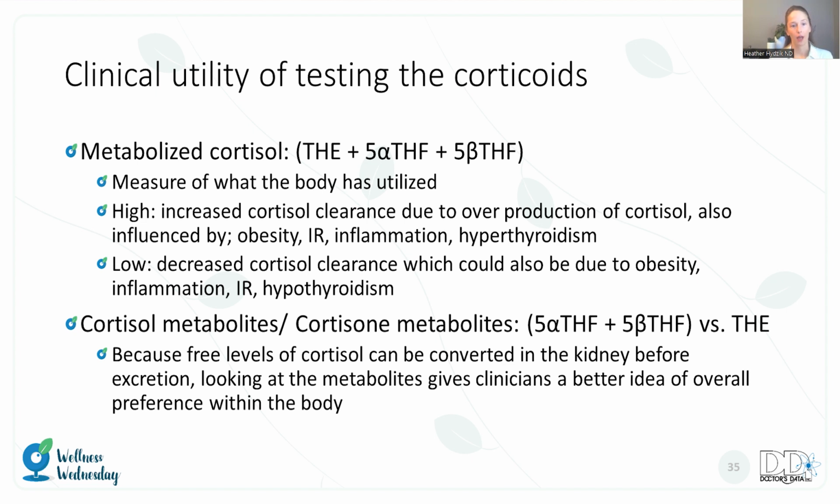Metabolized cortisol adds THE, 5-alpha THF, 5-beta THF. We are measuring what the body has utilized. If it's high, it's indicating increased cortisol clearance due to overproduction of cortisol, which can also be influenced by obesity, insulin resistance, hyperthyroidism. If it's low, this is decreased cortisol clearance, which could be due to obesity, inflammation, insulin resistance,